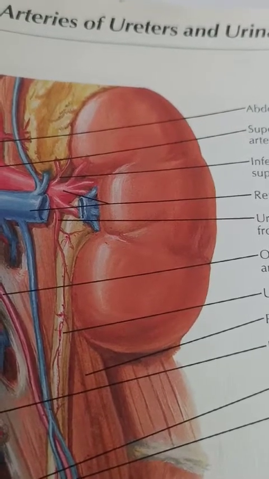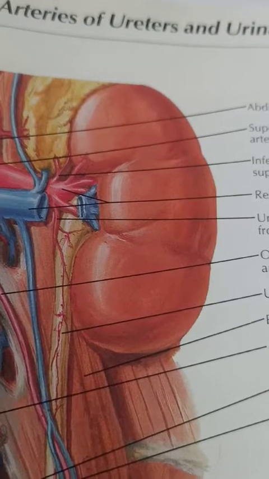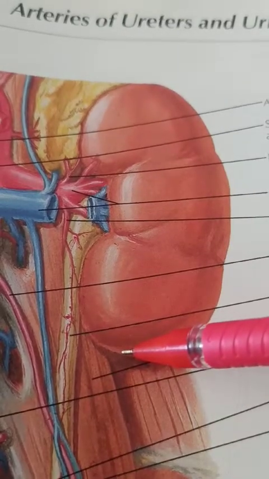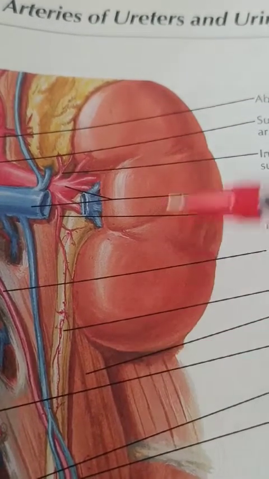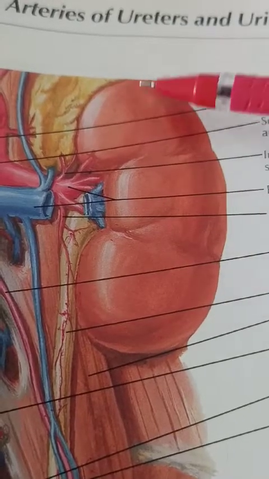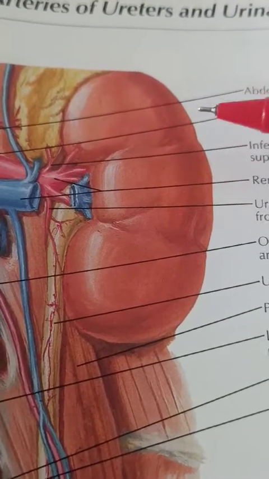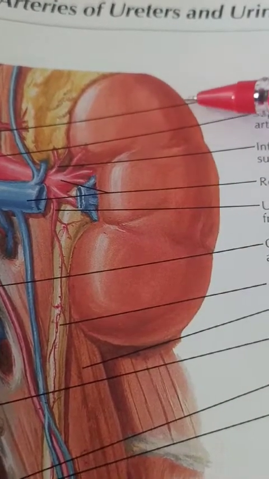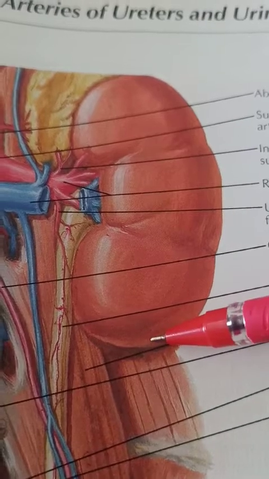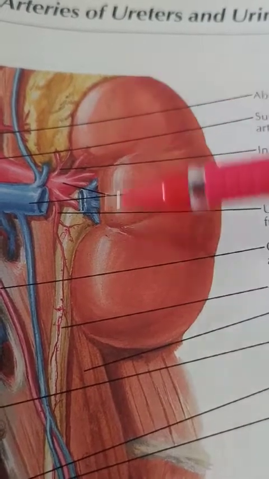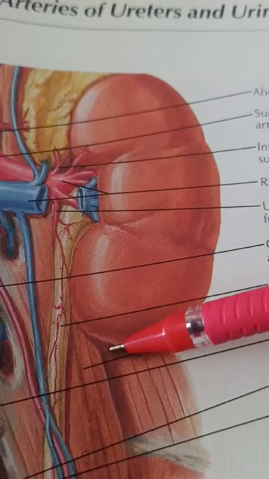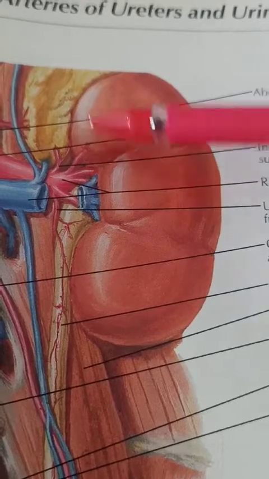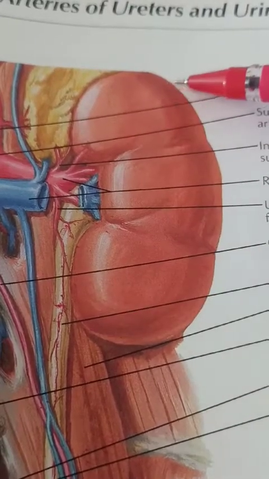Okay. So kidney, structurally we can say it has two poles. This is an upper pole and a lower pole, two poles, that means two ends, and it has two surfaces. This is an anterior surface, and like that one posterior surface is there behind, and it has two borders. This is a medial border and a lateral border. Yes, so these are the features of a kidney. So kidney has two poles, upper pole and lower pole. It has two surfaces, anterior surface and posterior surface, and it has two borders, the medial border and a lateral border.